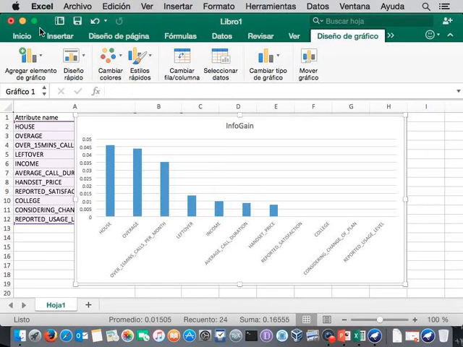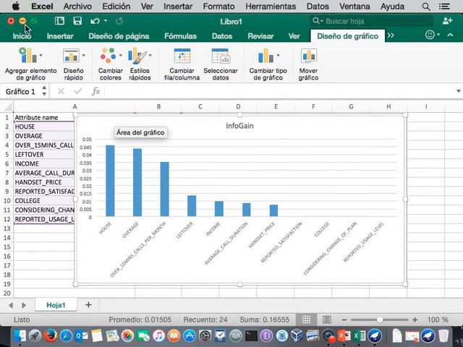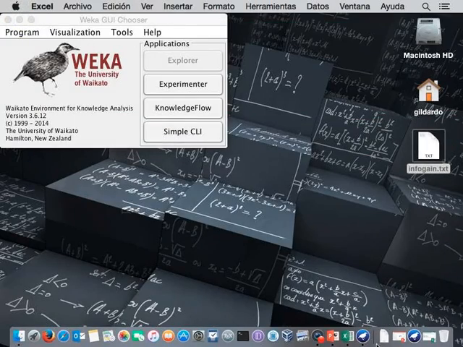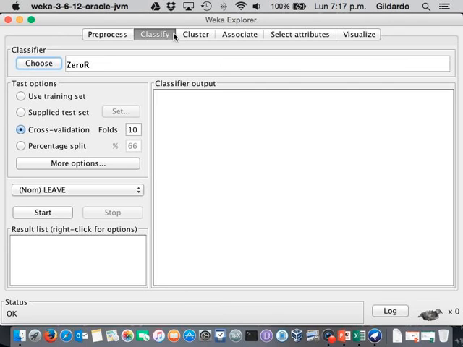Of course, having the table in the file or here, I could have used R to create this graph, or even to make some analysis or whatever. So you can choose whatever you want, right? So let's minimize again Excel and go back to my original window in Weka. Now, what we wanted to do originally was to classify the information. So let's go to that option in Weka, classify. And of course, I will need to